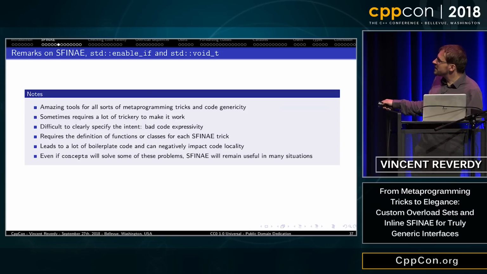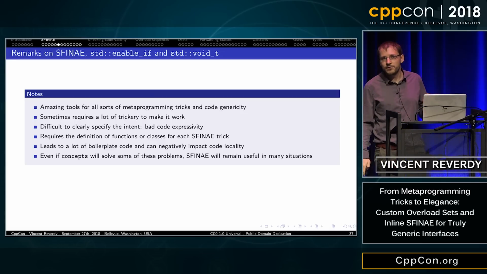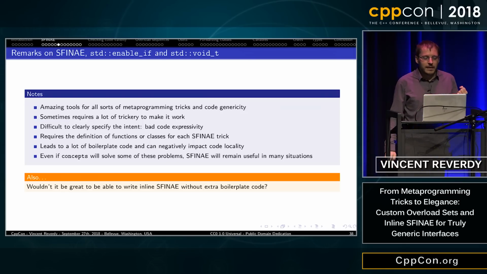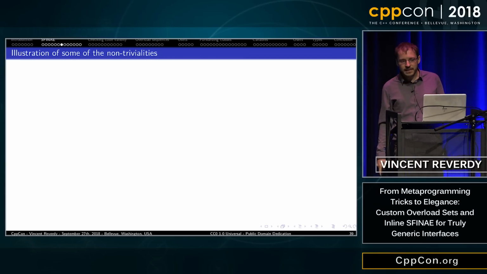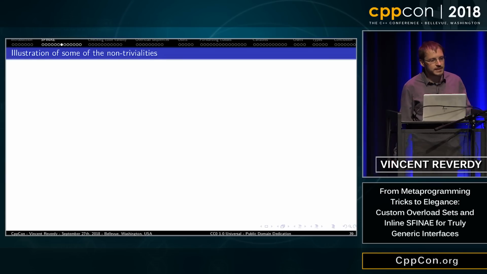The good thing is that concepts will solve some of these problems, especially with the enable_if, but SFINAE will remain useful in a lot of situations. So wouldn't it be great to be able to write inline SFINAE without extra boilerplate code? That's the question I'm asking, and this is what I will try to do in the rest of this talk.